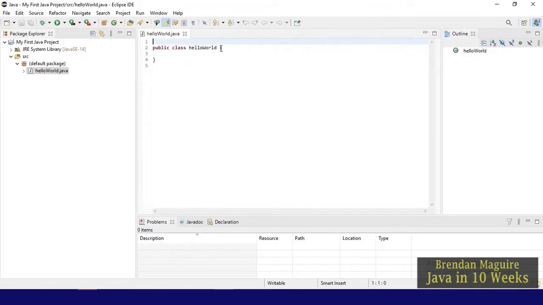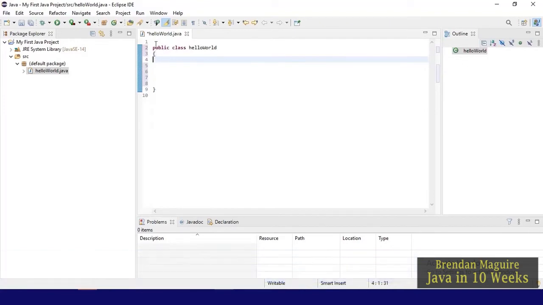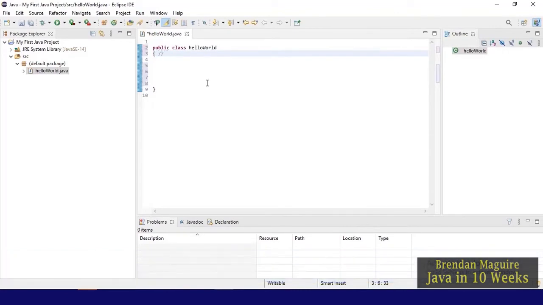So here we can see our screen: public class hello world, and then we have an open curly bracket and a closed curly bracket. Everything in Java has what's called a scope. So where does this class begin and end? We use these little brackets to signify where this class begins and ends. We also have something called comments. I'm going to put in a //. The // means that this is a comment, so in other words it's not code. I'm able to write a little note, and the compiler will ignore that note. So I'm going to put up here, beginning of my class,